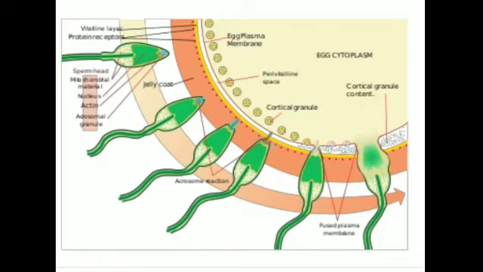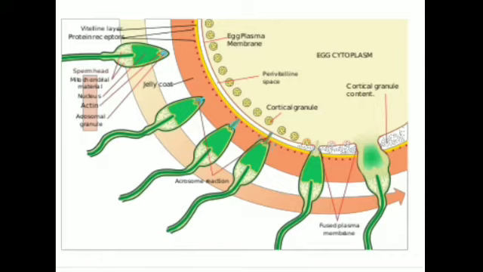fallopian tube. The whole of the sperm does not penetrate inside the ovum, but just the head penetrates, releasing the nucleus inside the cytoplasm of the ovum. So the sperms reach the fallopian tube from the vagina into the uterus and then to the fallopian tube, where the process of fertilization takes place, where the fusion of the sperm and the